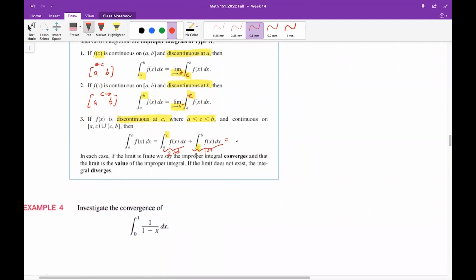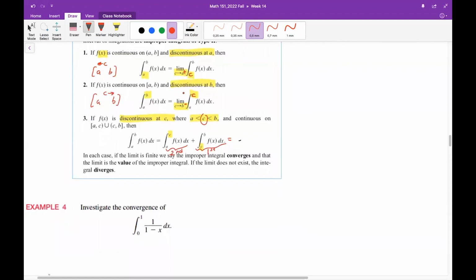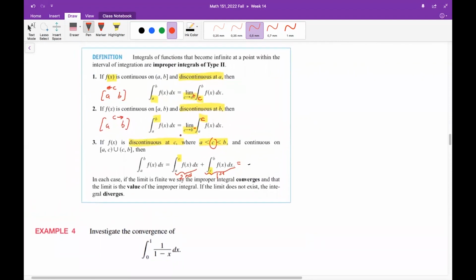And in the third case, our function f of x has a discontinuity point at the middle point c. So you need to divide the integral into two parts now. And these two terms are the terms that we handle in the first and the second items. So if the discontinuity point is at the upper bound, this is the second case, you know how to handle it. If the discontinuity point is at the lower bound, this is the first case, you know how to handle it. So let's apply these kinds of fixes for improper integrals of type 2